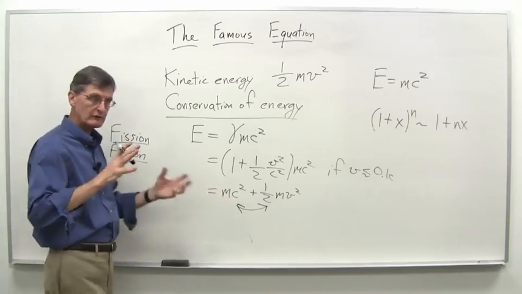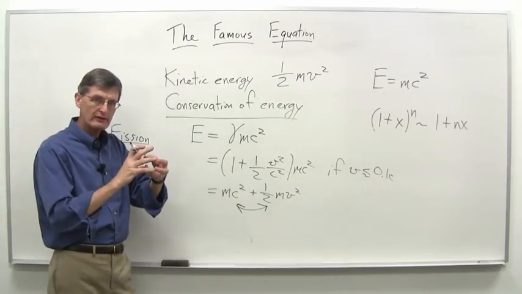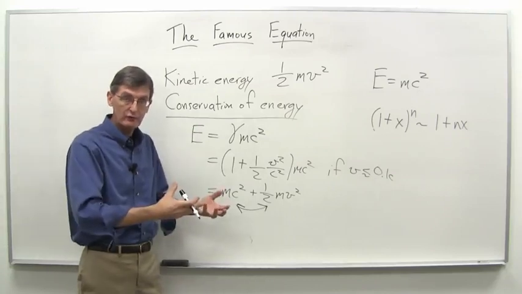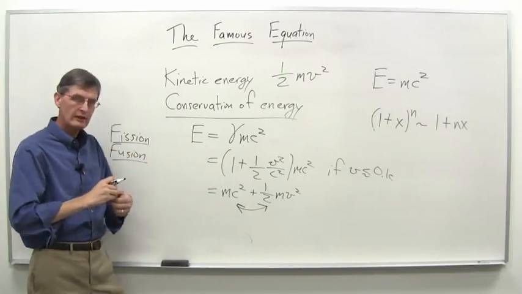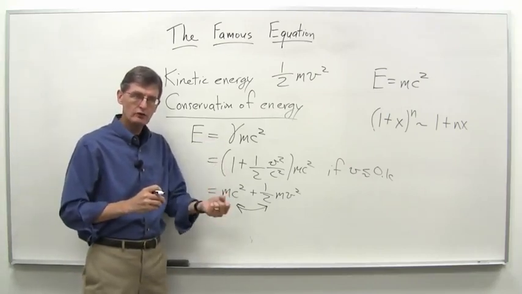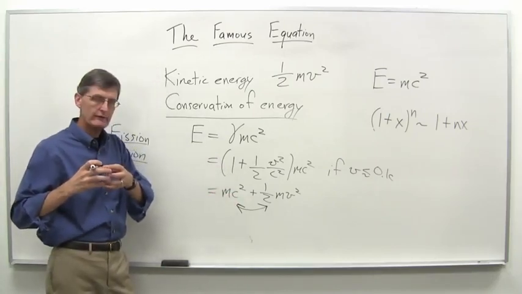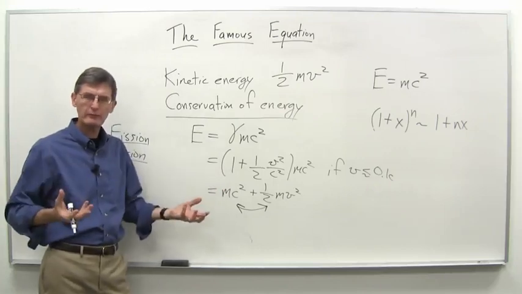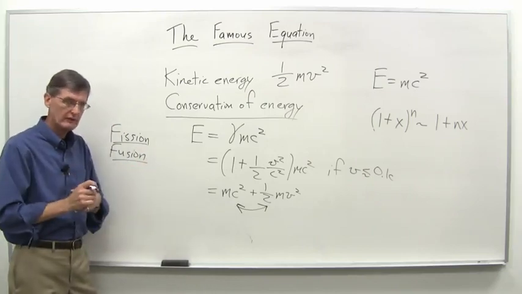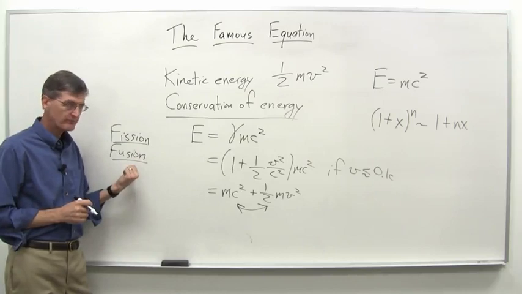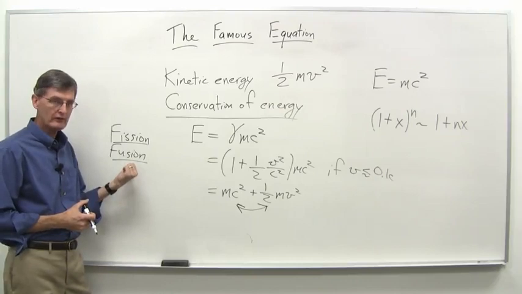It turns out that for lighter elements, say hydrogen, the lightest element, if you fuse two hydrogen nuclei together to create a helium nucleus, a few other things involved there as well, the helium nucleus actually has less mass than the two hydrogen nuclei that you used to put it together. So again, where did the missing mass go? It turns into energy. And that's the whole idea of nuclear fusion. You're fusing nuclei together, in a sense. And this is how the sun works, for example. So we're all here because of the sun, in a sense. And so we're here because of nuclear fusion.